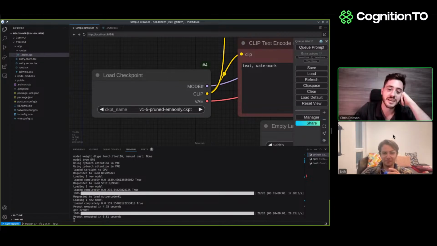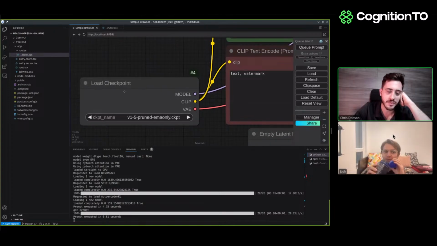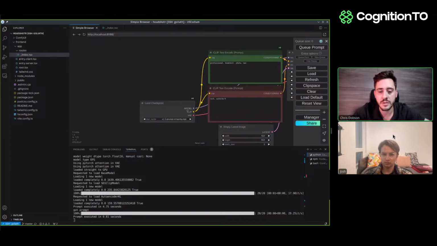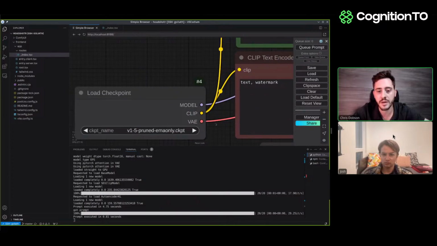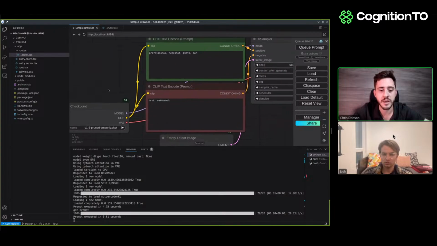And so each of these nodes has inputs and outputs. Well, I guess the load checkpoint has no input, but the output is a model, and it's the clip. So that's essentially how the text is encoded. And VAE, I think that's variational autoencoder, and that's used to decode the samples into a picture. So the way that the clip is used is it turns,